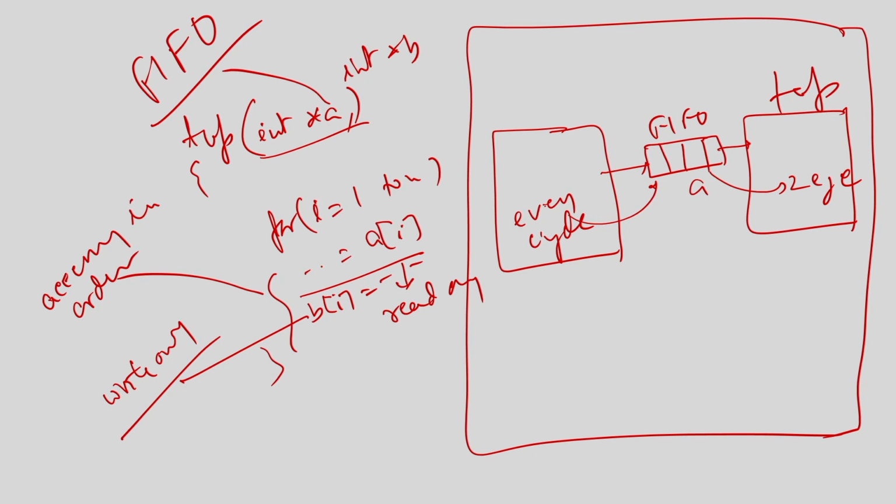In such cases, the high level synthesis tool analyzes whether this access is in order, because unless the read and write are in the same order, you cannot do it. You can only realize a FIFO if it is read only or write only. If you read and write both from the same array, you cannot realize that array as a FIFO, because FIFO is first in first out. The order in which data is written is the order in which this module is going to read it.